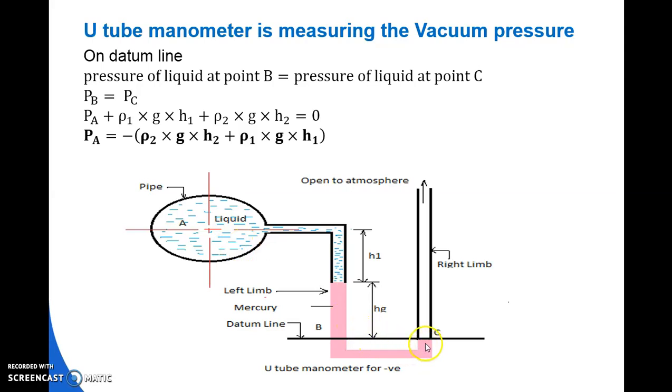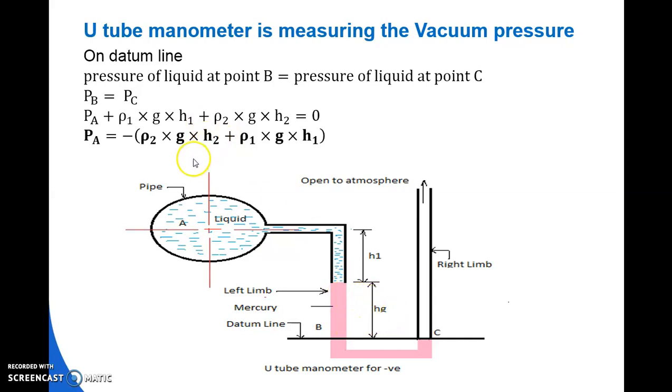We have seen that at point C there is no liquid, so the pressure at point C, PC, is equal to 0. Similarly, at the datum line, point B, the pressure due to the density of mercury is rho 2 g H2,